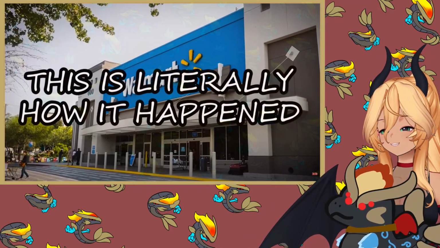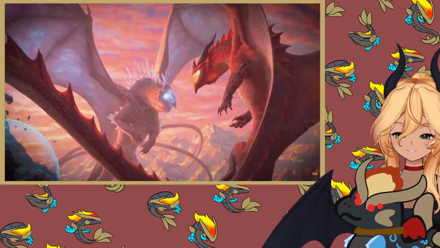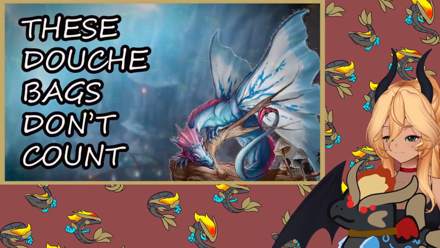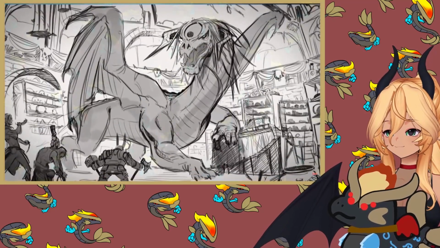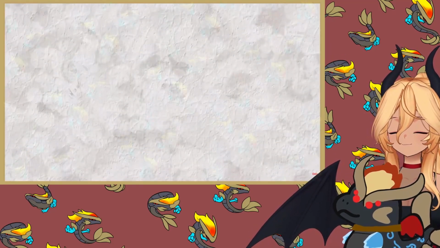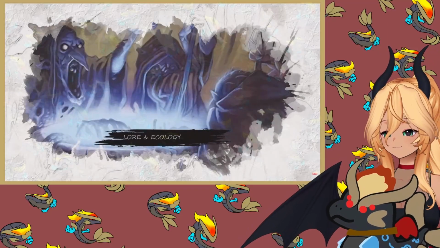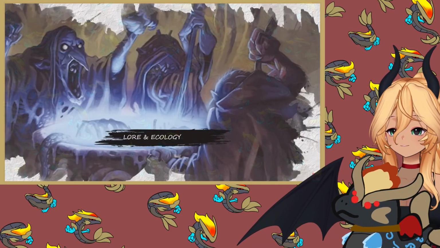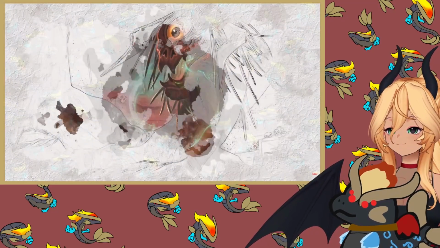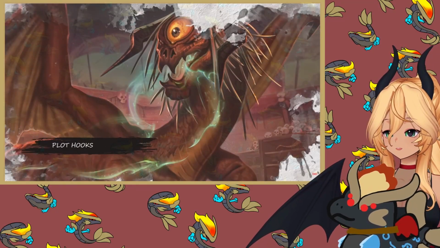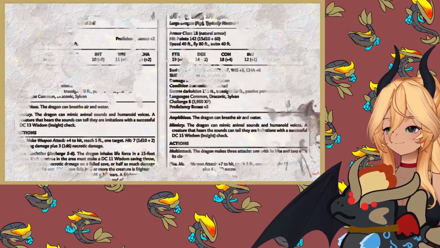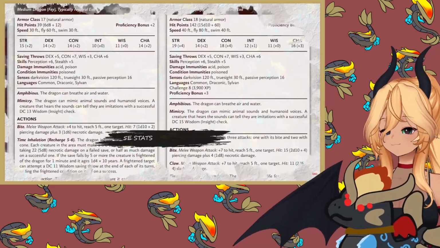The Hag Dragon started as a conversation that I was having with Mallory on our way to Walmart. Since it was a normal Tuesday, we were talking about dragons and of course how weird it was that there isn't a dragon connected with the darker side of Fey magic in D&D. One thing led to another, and before I knew it, I was at my desk writing down stats for the Hag Dragon. So as always, we're going to go over this monster's lore and ecology, as well as some plot hooks and story ideas for how you might use this monster at your game table. We of course won't be converting it from another edition of D&D because it's an original monster, but we will be creating some 5e stats that you can use for free, which are linked in the description down below.